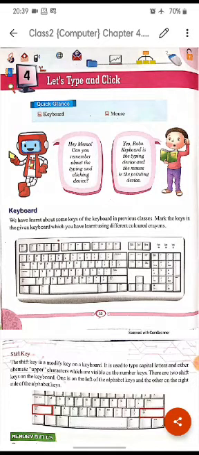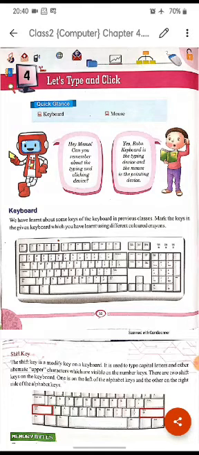So we know that the typing device is known as keyboard and the pointing device is known as mouse.